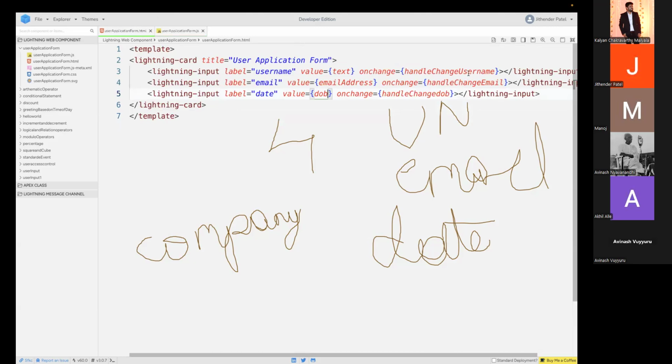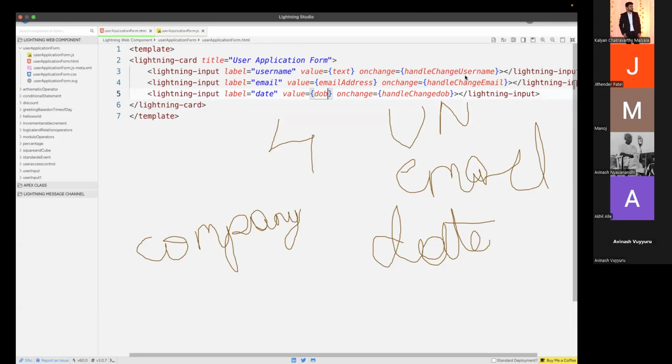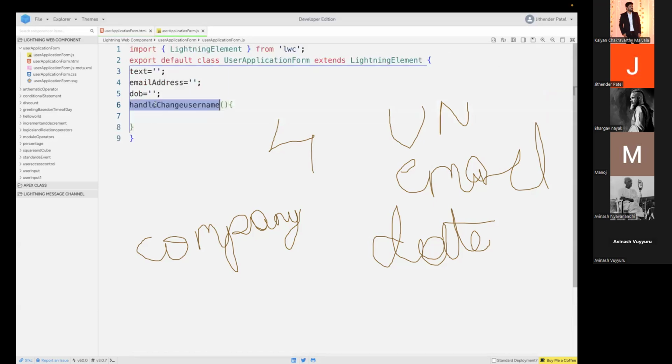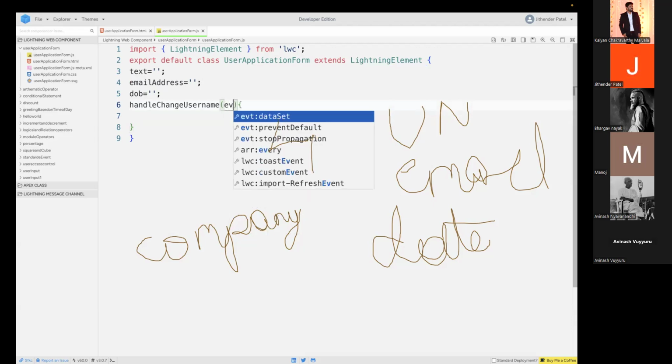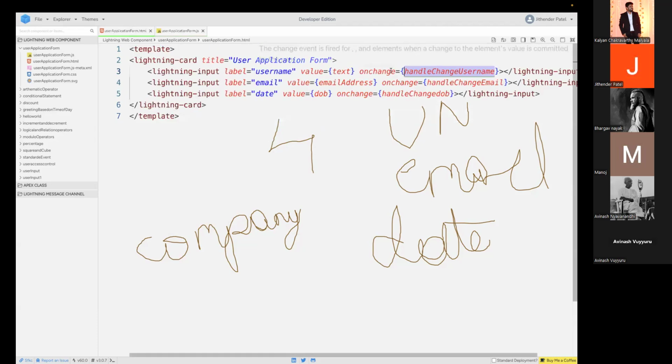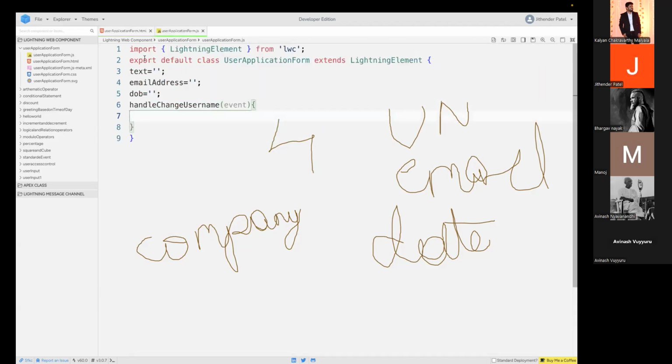Past event. Event. U capital. Copy and paste it better. In the parameters, call the event. Event. Pass the event. Go in HTML once. This dot this dot text